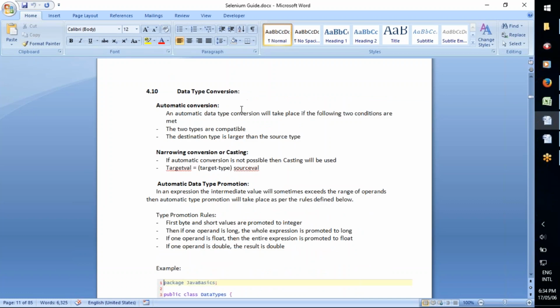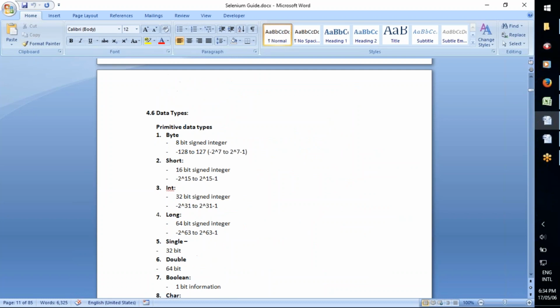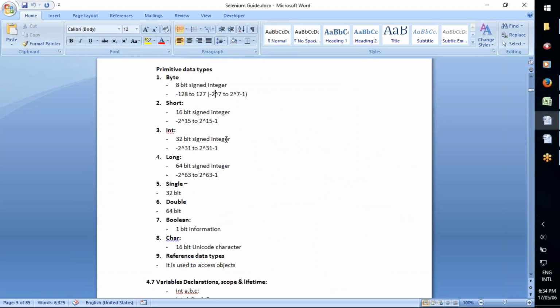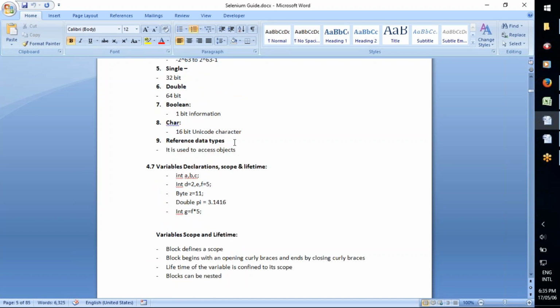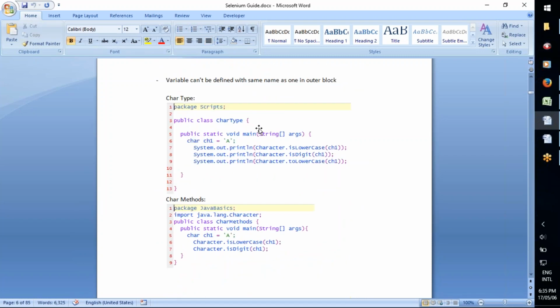From here, data types. The different types of data types in the core Java programming language: primitive data types byte, short, integer, long, float, double, boolean, and character. And the last one is the object data type. And we have seen how to declare variables and constants, and some sample programs with character type